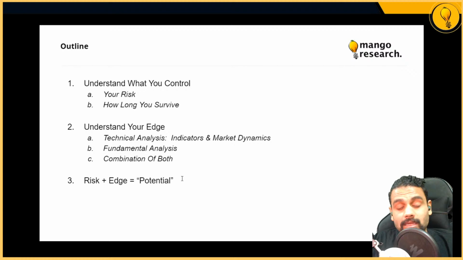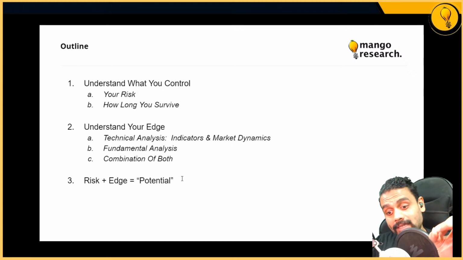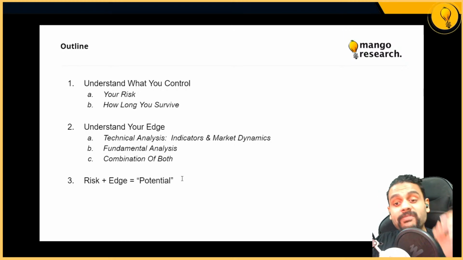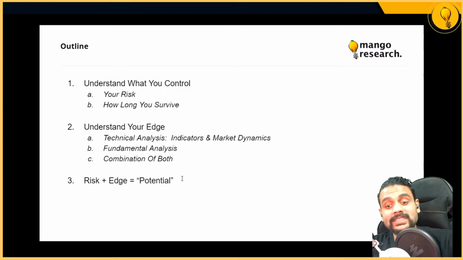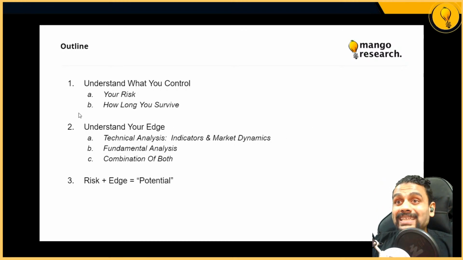Edge, again, does not mean certainty. Nothing is certain. Everything is a probability, right? So when we look at a trade setup, we know that there's a probability of it playing out, but we can take it one step further. And when we are doing our TA as well, I'm going to switch on over to the charts now for this.